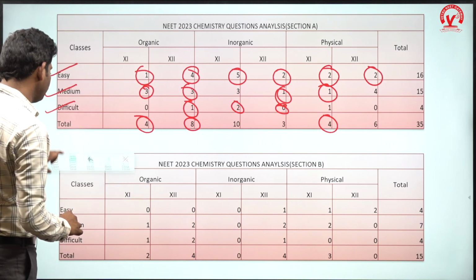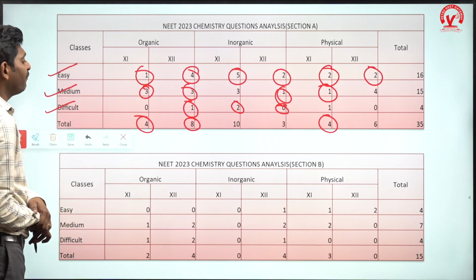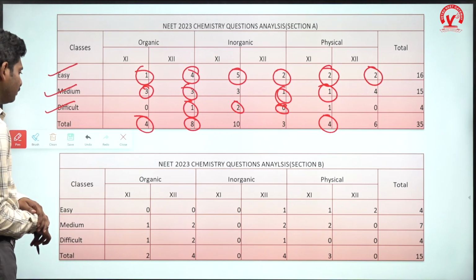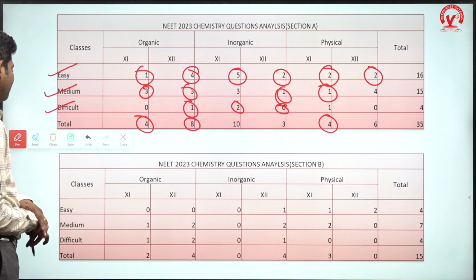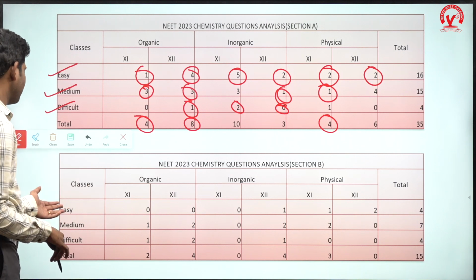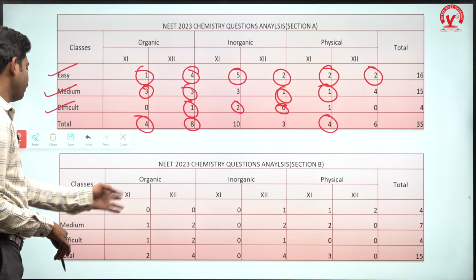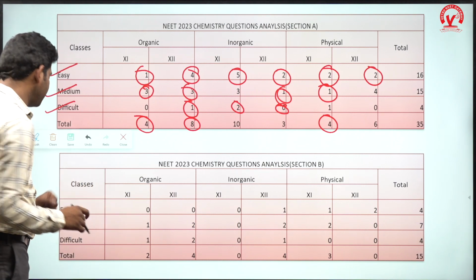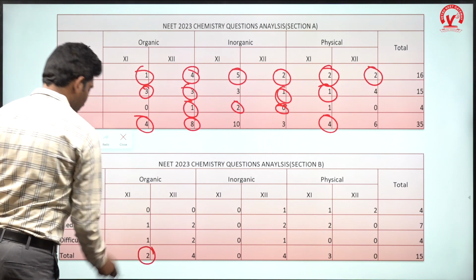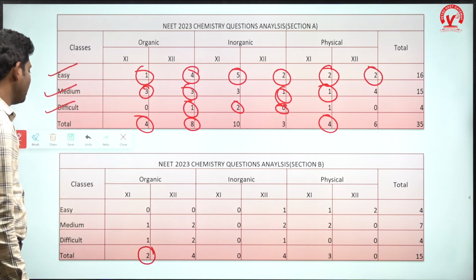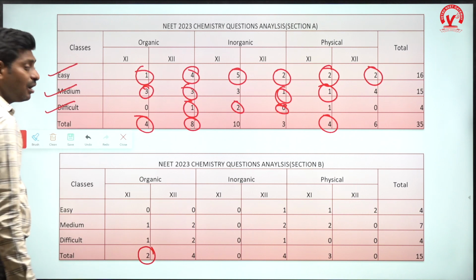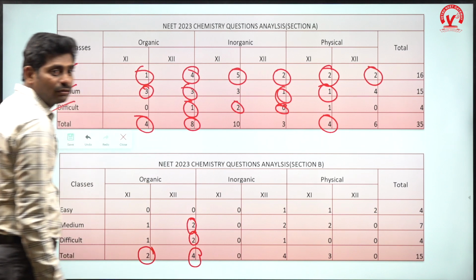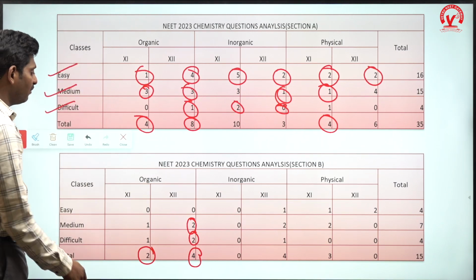And coming to 15 questions, choice type questions, part B questions. For 11th easy is not there, so they are giving the difficult problems only. So medium 1 question, difficulty 1 question, overall 2 questions is given. Overall 2 questions, in that 1 is medium, 1 is difficult for 11th organic. For 12th organic 4 questions, 2 are medium, and 2 are difficulty level.